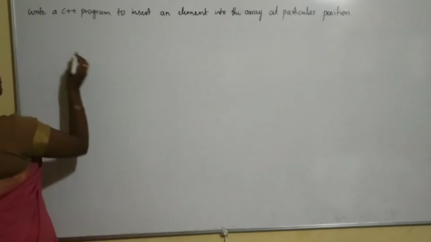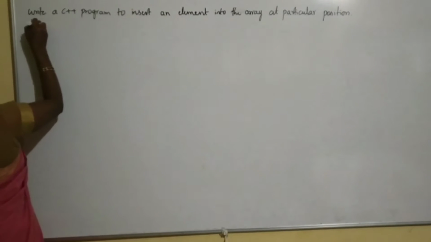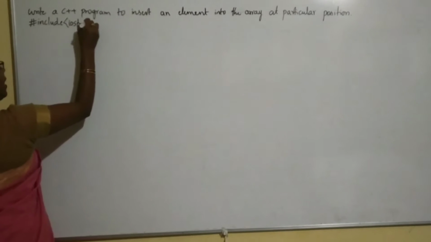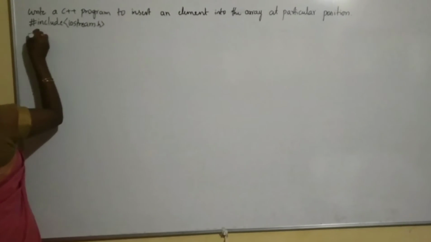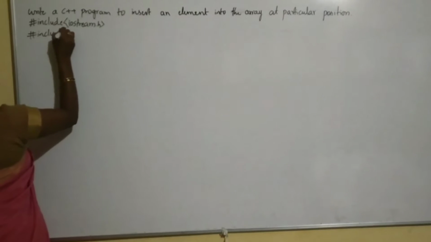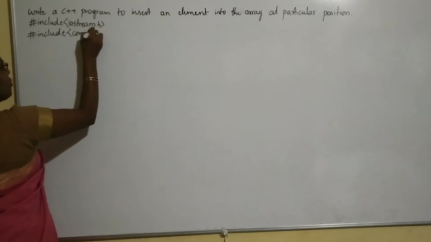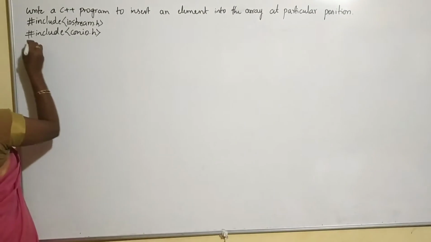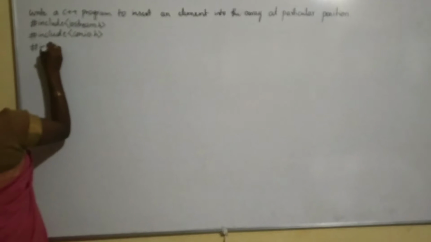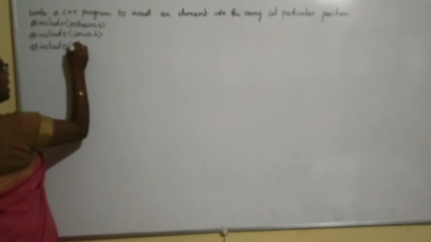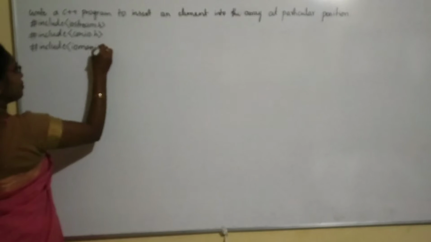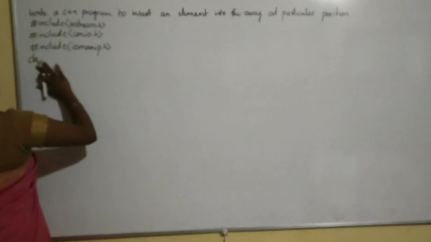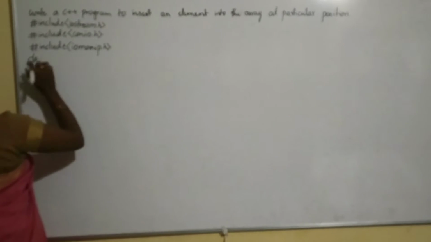So now we are defining the class. Before that we include the header files: #include <iostream.h> and another header file, #include <conio.h>. Later we want to display array elements after insertion, right? So that's why we include another header file to set the width space. We include the setw function, and for that the iomanip header file is required. After that we define the class. This program is important for the lab exam as well as the theory part.